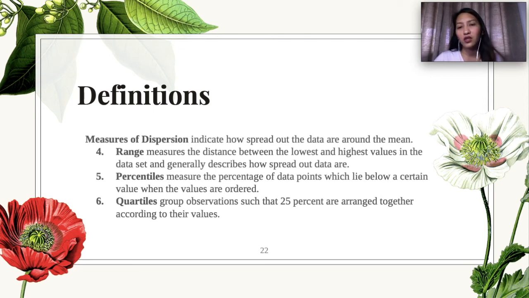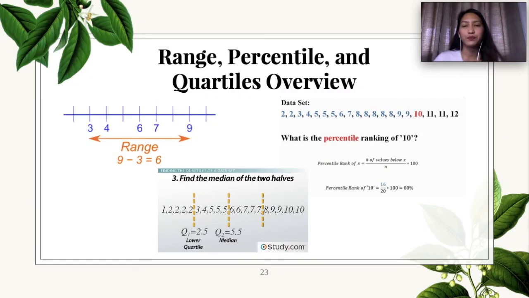And then the quartiles are group observations such that 25% are arranged together according to their values. So, mas maintindihan natin yan later in our discussion. So, here is an example of range,